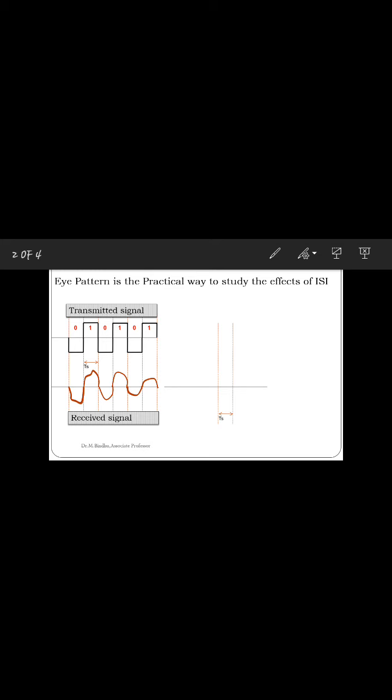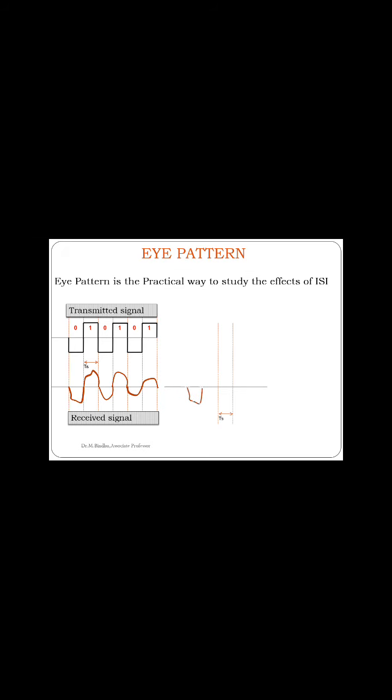Now how am I going to study the effect of this? First, a 0 bit is transmitted, so automatically I'll have a negative level. Then positive for bit 1, and similarly for the next bits. So you can find out how your bits are being combined together. If I transmit 6-bit information through a channel medium, the waves are transmitted in this format. You can see there is some irregular variation in the amplitude and the signals have been misaligned, and it looks like your eye, with the width of the opening of your eye. That is what is called the eye pattern.